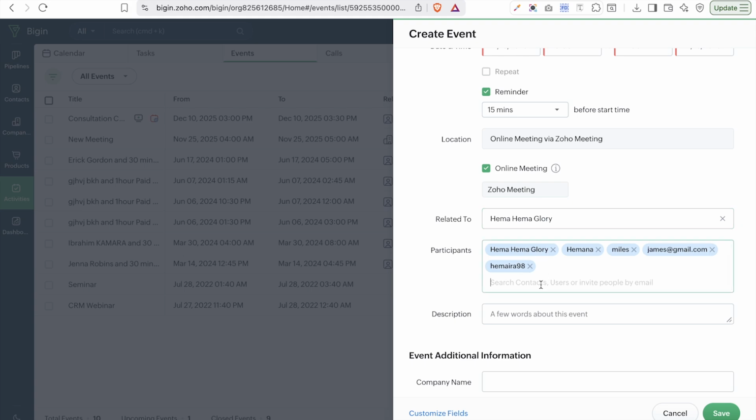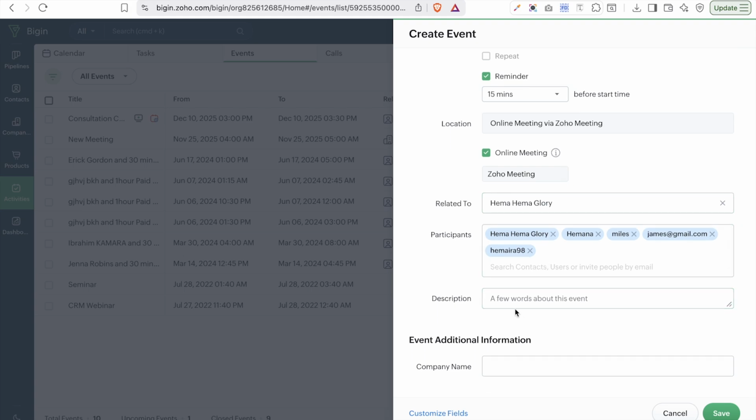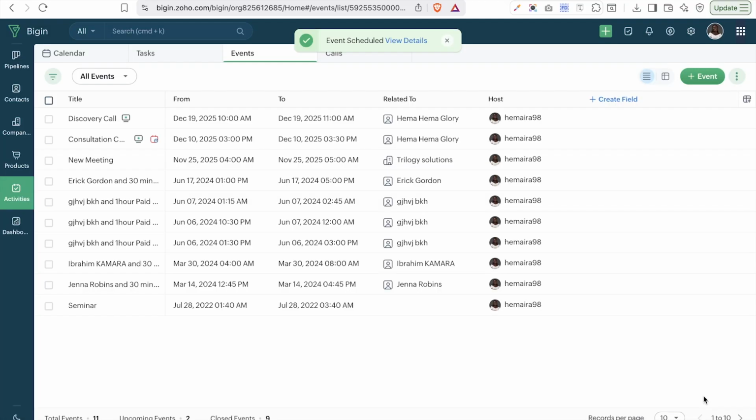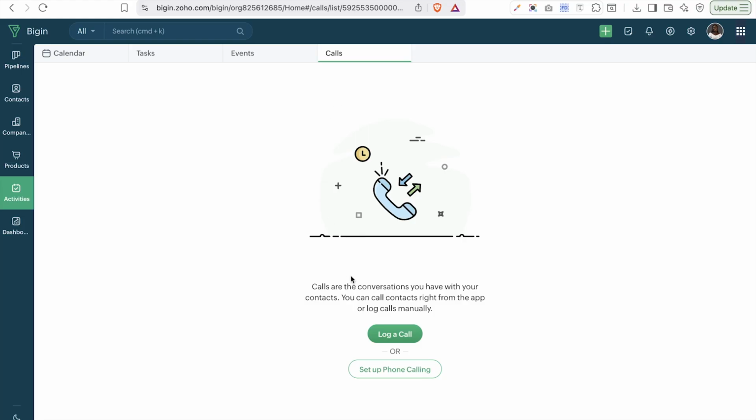So when you add in that user, that is going to be added. And we also have this place where we can add in the event additional information. When we are done, you click on save, and when you click on save, your event has been scheduled for that particular date. So we also have calls, and for calls, we can manually log a call,